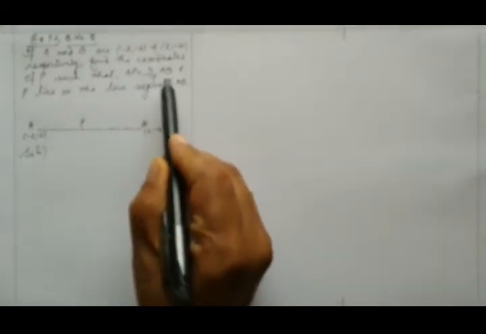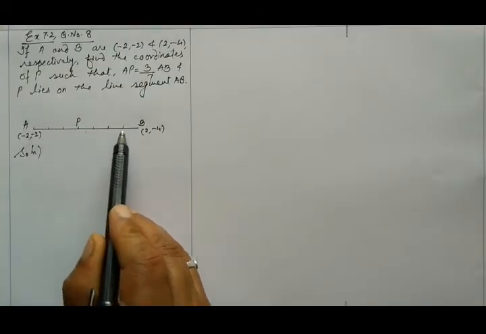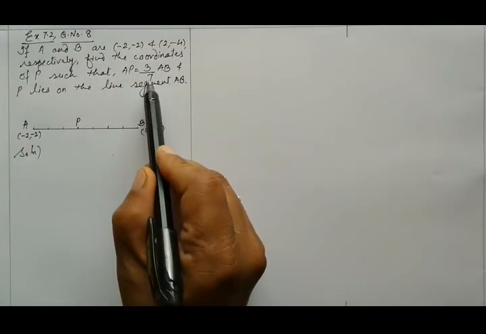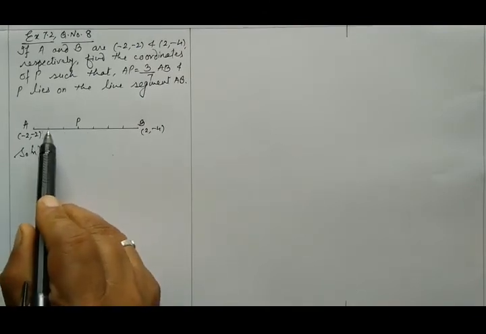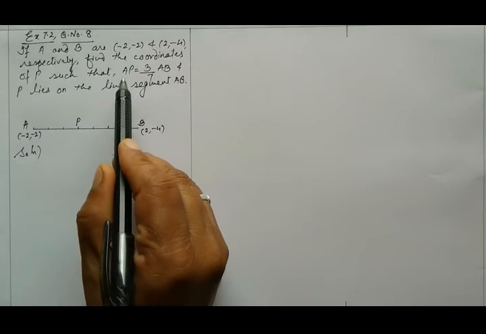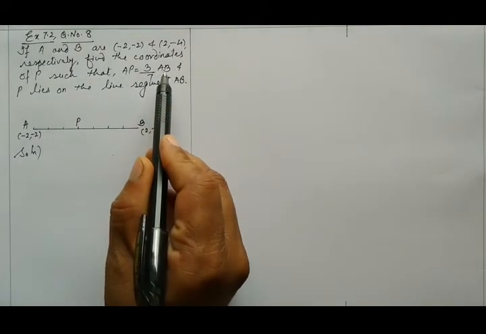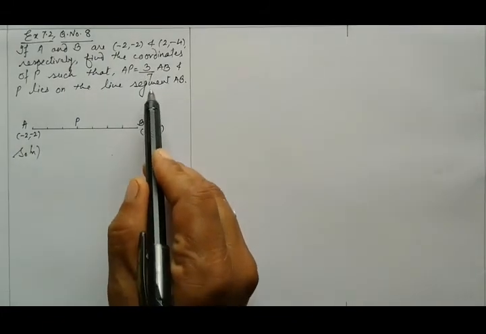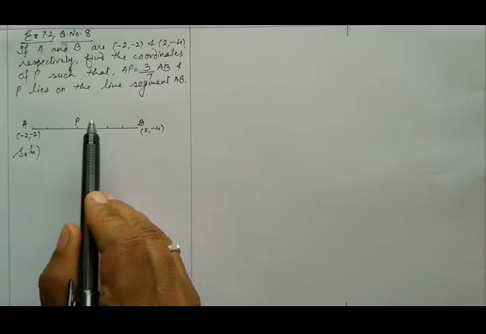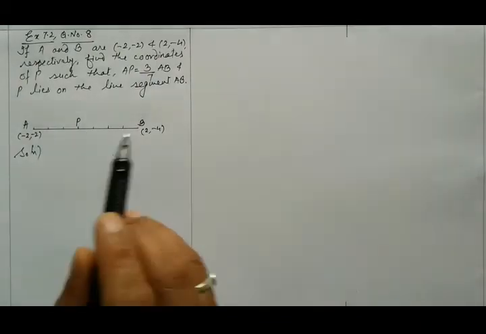So here let us see the solution. Before that, see, AP is 3 upon 7 times AB. So what is the meaning? AB is divided into 7 equal parts. So see here, I have made 7 equal parts, and AP is 3 by 7 times, so you can say AP is 3 parts. So on the third part, 1, 2 and 3, I have marked point P. So if AP is 3 by 7 of AB, then what will be PB? 3 plus 4 is 7, so PB is 4 by 7 of AB. So AP is 3 parts and PB is 4 parts. So let us write here.